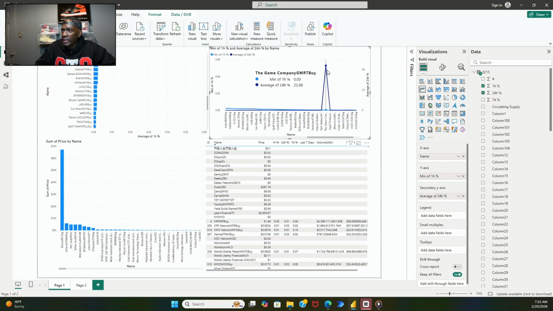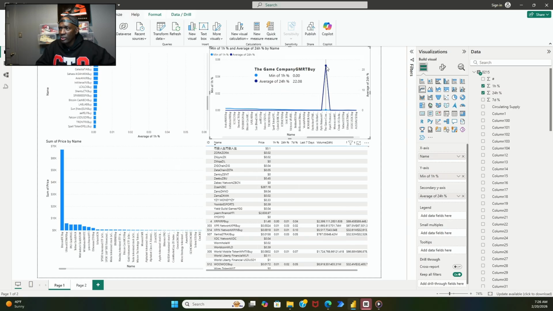The game company actually had a bigger percent change in the 24-hour mark than really the rest of the currencies. Don't know why, but whoever is invested in the game company, you may want to check into that to see what exactly was going on there. Looks like there could be a win, could be a loss, depending on, but there's something going on here that